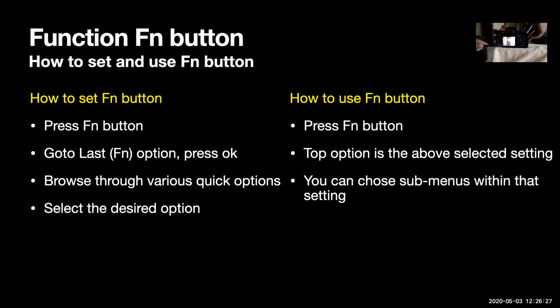Now, if I want to change the ISO quickly because the light conditions have immediately changed, there is a cloud, or the bird has gone in under the tree in the shade, and I want to increase ISO, or suddenly there is sunlight which has come in, I click on the FN button, press OK for ISO and change the ISO here.